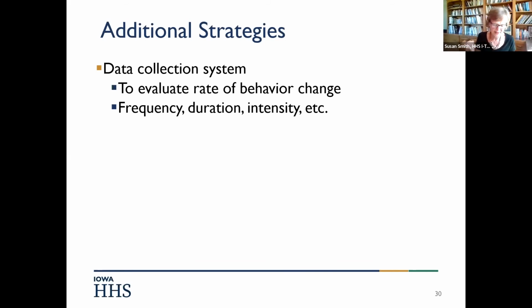Okay, so we need the rate of the behavior, and we can use that then to determine whether or not we want to continue interventions, including medication or restrictive procedures. If the person hasn't engaged in the behavior that triggered the restrictive procedure, we may not need to continue that. I mean, it may have been a year and a half since that behavior happened, yet we still have the restrictive procedure. And so we have to do a kind of risk-benefit analysis. So evaluate the rate of behavior, determine the need for interventions, and let's go to the next slide.